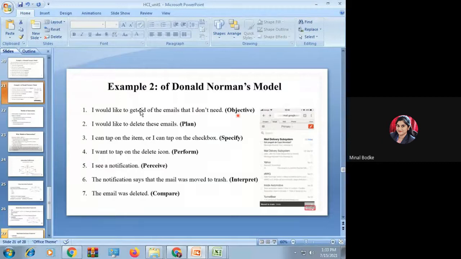You have to try this for your own specific GUI. If you want to build a GUI, you have to take one application. You can take a simple registration form to build. So what is the goal? You have to build a registration form. So this is the goal. Then what is the plan you are going to make? So the plan you have to write. In this way you have to do it for a GUI application. Take any one of the screens and write for that.